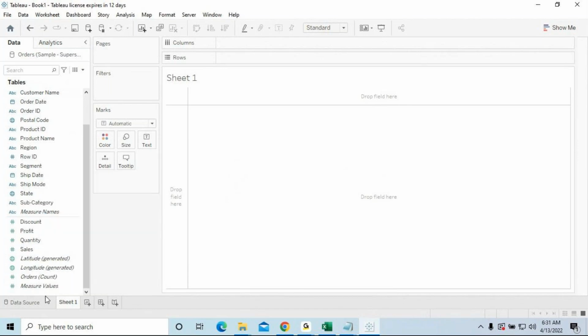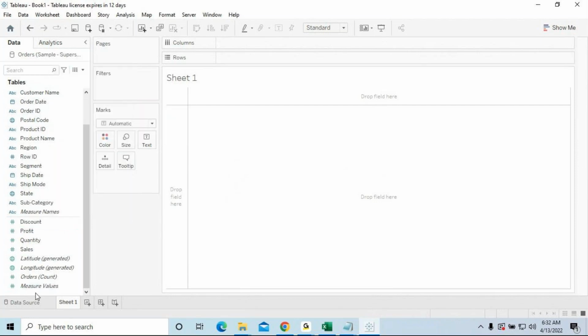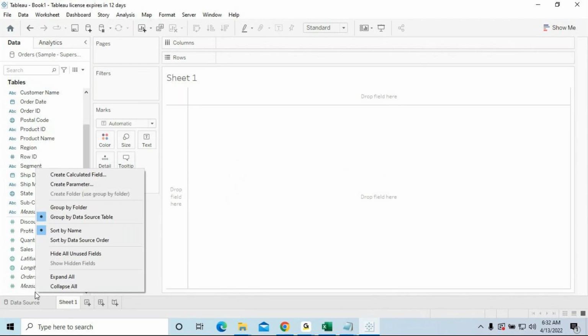Or you can choose discount and right click, and you can also get create calculated field, anything is fine. So for this white space, I right click here and choose create calculated field. Once I click on create calculated field, I'm going to name it